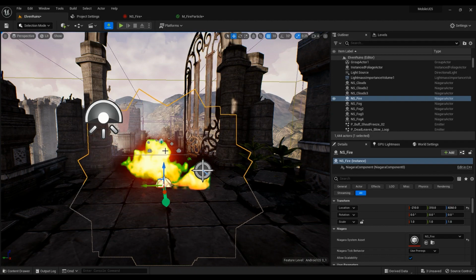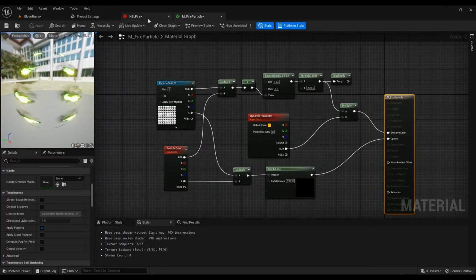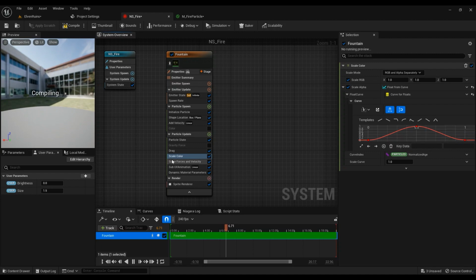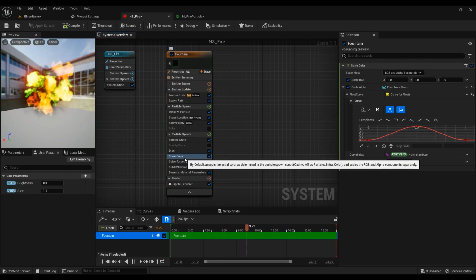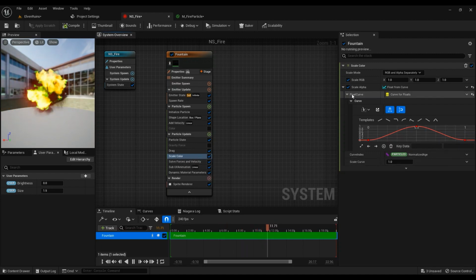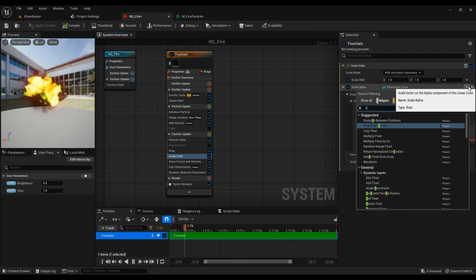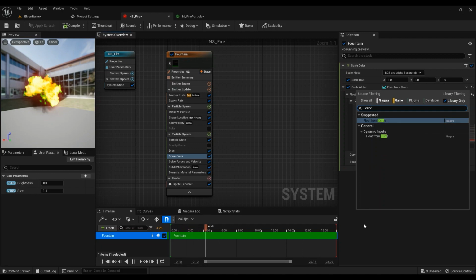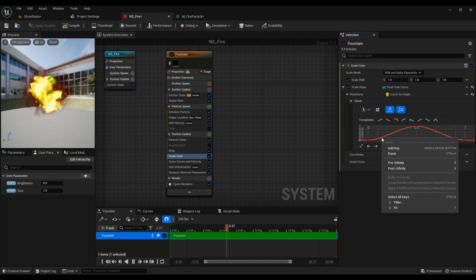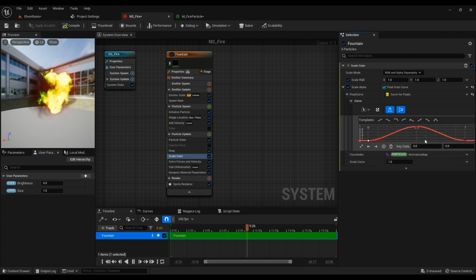They just spawn in and spawn out. We need to fade them in and fade them out, and this is what this node does for us. So scale color, we are not touching the RGB part, but in the alpha part we are getting the float from a curve. So typing curve, float from curve, and then you can just right click, add a key in the Z, in the 0 second with the 0 value, add a key for 1 second with the 0 value,